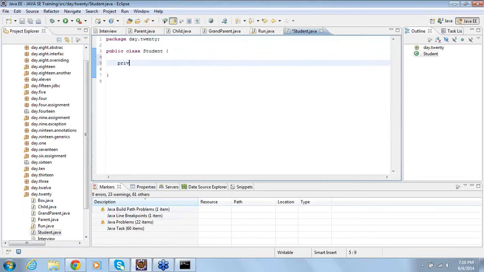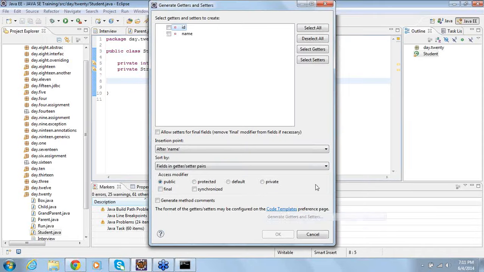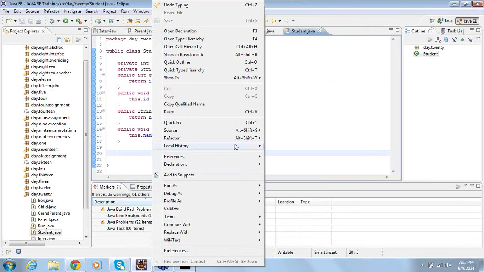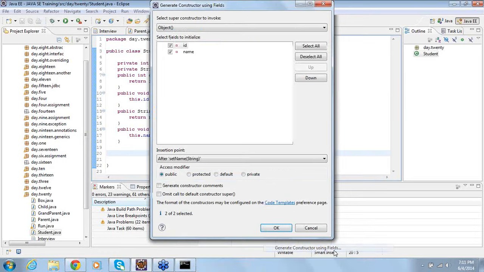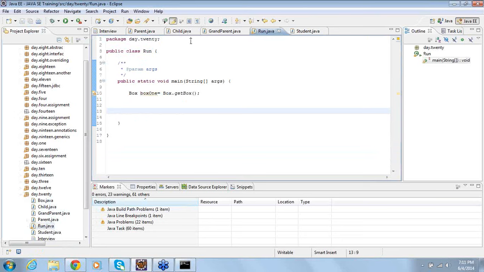In this, let me put an ID, then the getters and setters, then also have the constructor. Let's get back to Run.java.